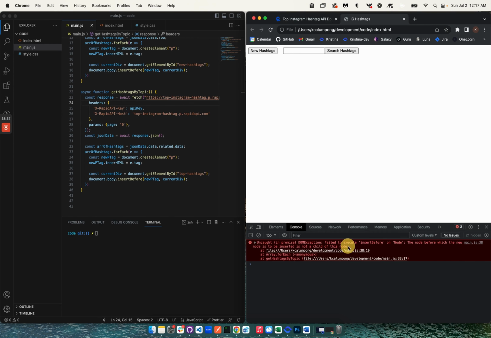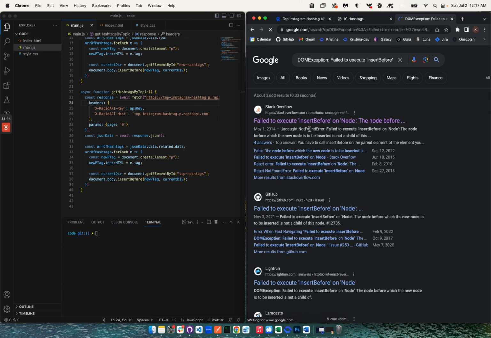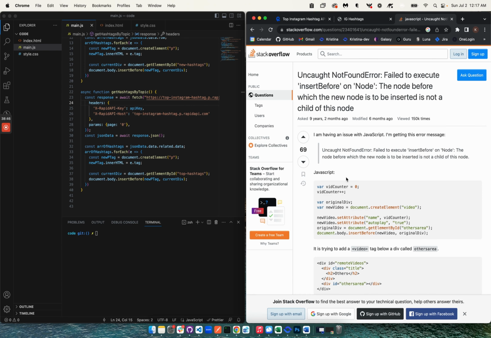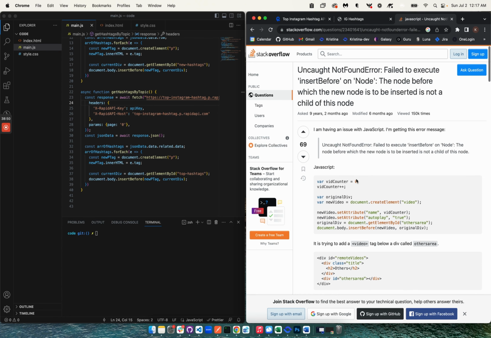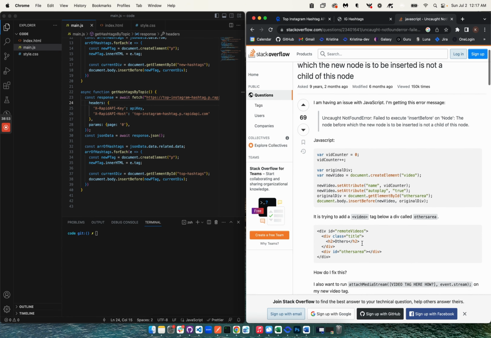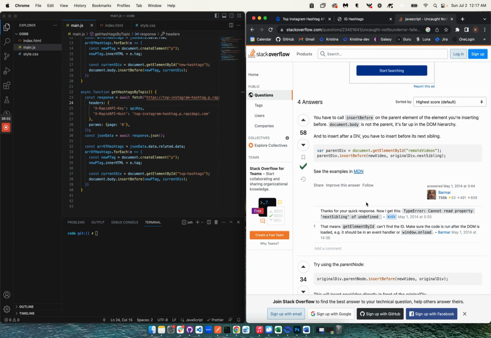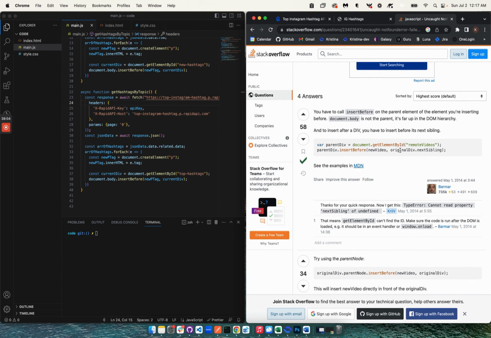Okay, so let's copy that and see what that says. The node before which the new node is to be inserted is not a child of the node. You have to call insertBefore on the parent element of the node you're inserting before. document.body is not the parent. It's far up. Okay, so I think because we added a new div,